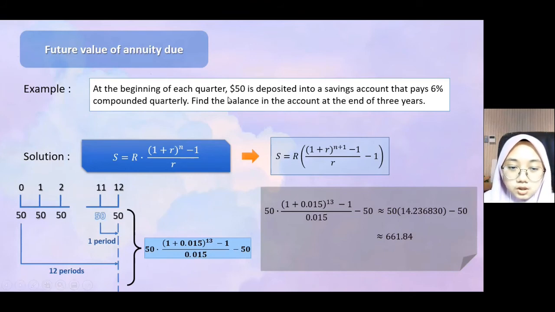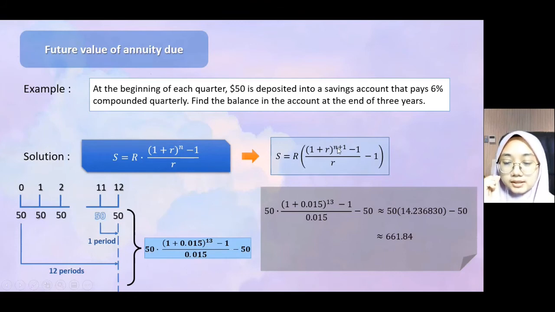So the R will be $50, and the interest rate will be 0.015, and N will be, in this question there are 12 periods of time, but as I said before, there are some additions in the formula when it comes to the annuity due case. So as we can see in the light blue box next to the orange arrow,